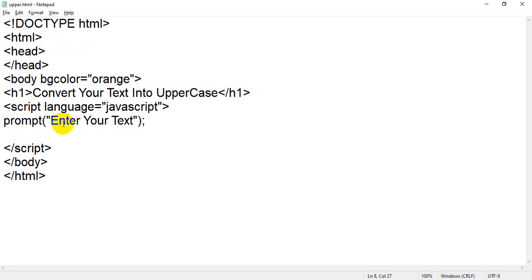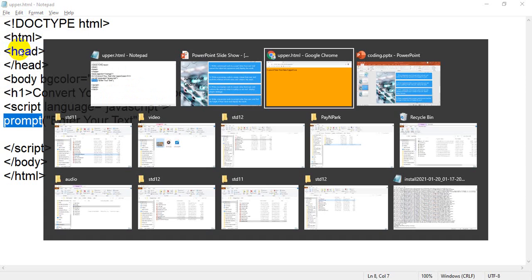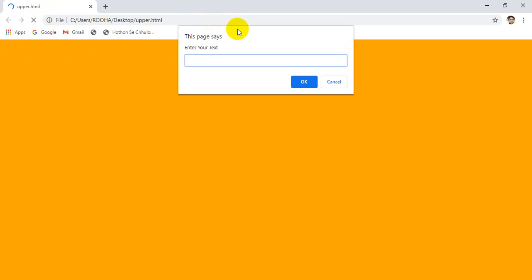I am going very slowly. What I have done is use the prompt function, and this function will create a prompt box where you enter some value. Save it, flip back to your browser and refresh it, and you will get a prompt box. This box is called a prompt box, where you get the message I have written, enter your text.